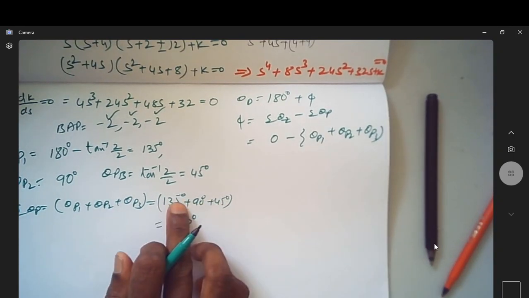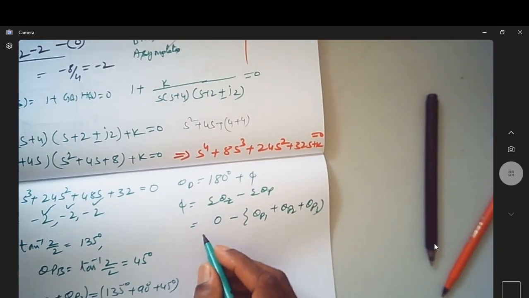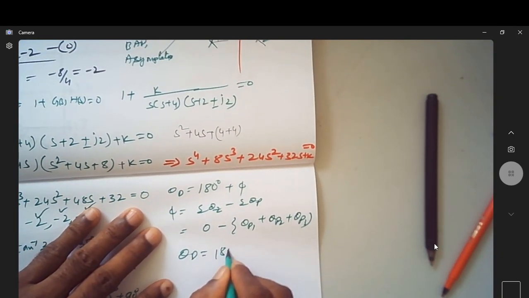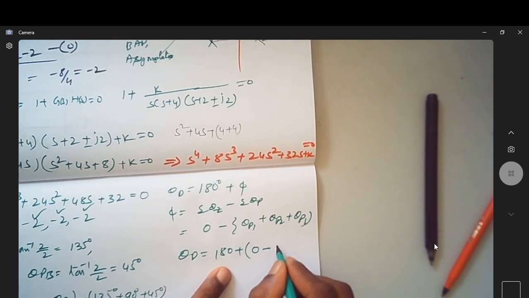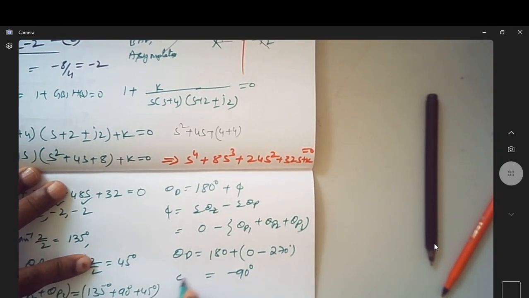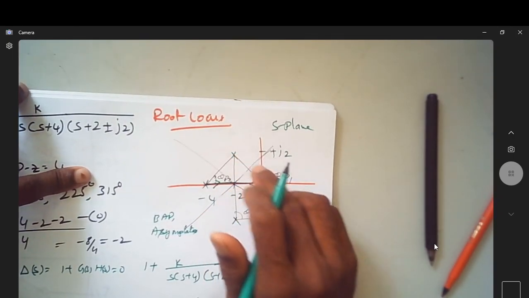This is 135, this is also 135, it is 270 degrees. So now I can write theta D is equal to 180 degrees plus 0 minus 270 degrees, which happens to be minus 90 degrees. So this is theta D for this particular pole, meaning